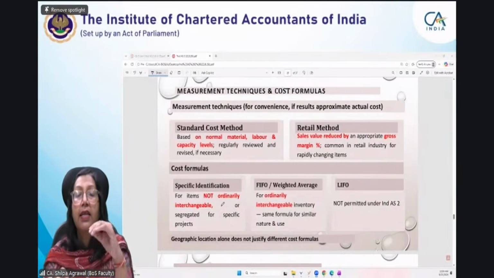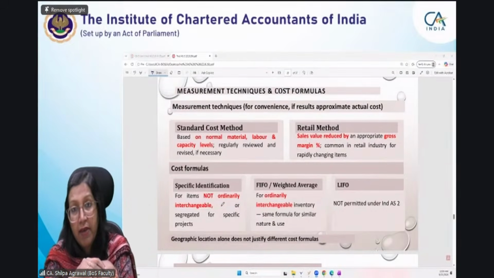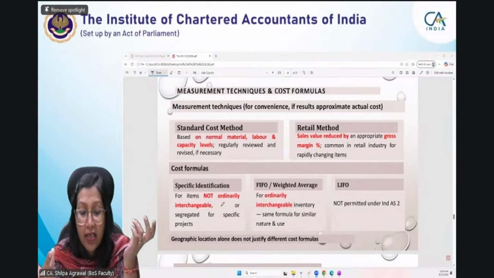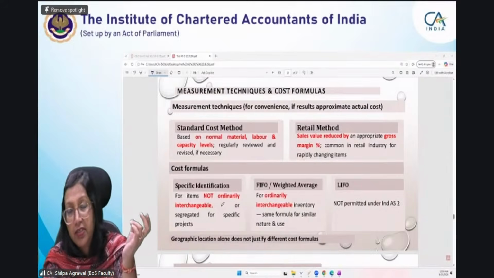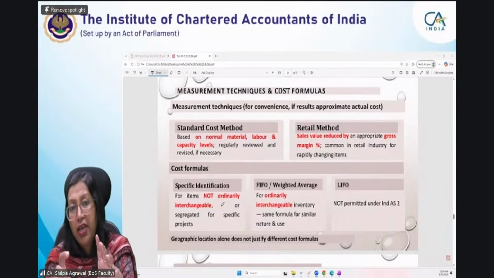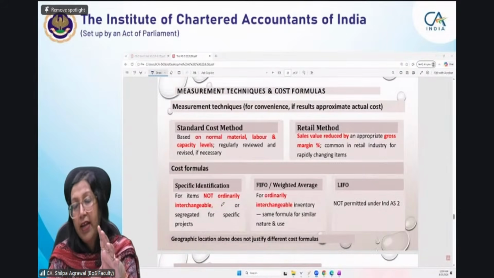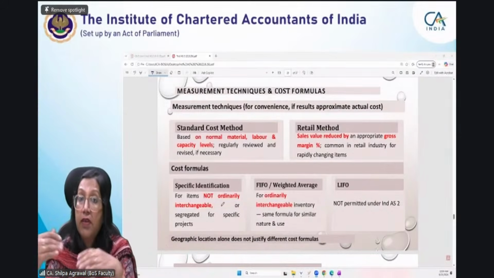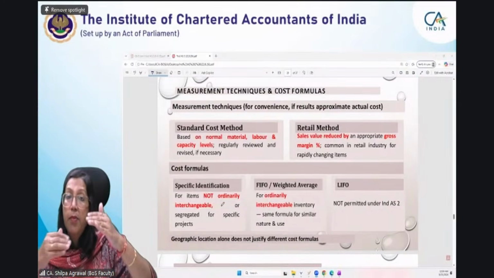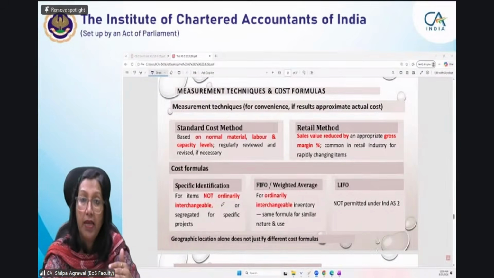तो in that case आप क्या measurement technique use करोगे? आप identify तो नहीं कर पा रहे, तो आप identification की technique नहीं use कर सकते हैं. Then you will be using either first in first out or weighted average. पूरी जितनी भी quantity बची है उसको total cost से divide करके आप उसकी per unit value निकाल के आप reporting निकाल लीजिए. ठीक है. या first in first out, जो पहले आया था आपने माना कि पहले वो बिका, यानी उस rate पे पहले बिका हुआ है. ठीक है.